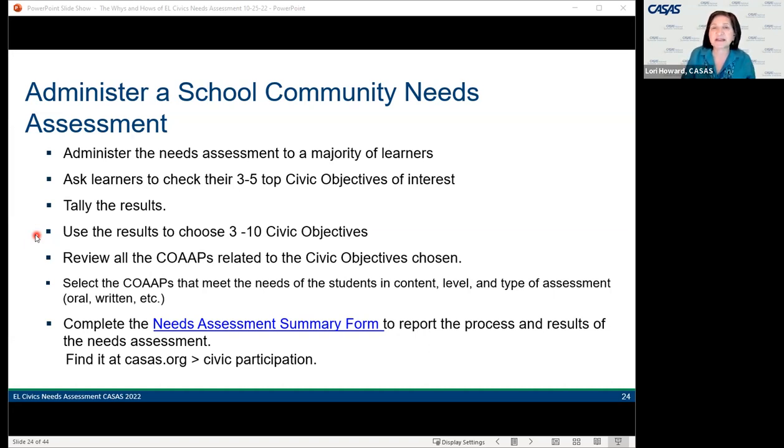So if you ask for 14 this year, as long as you stay within the 14 for years to come, you never have to ask for permission again. But if you go up to 15, then you have to ask. Okay, once you've chosen the civic objectives or decided on how many you're going to use, then you want to